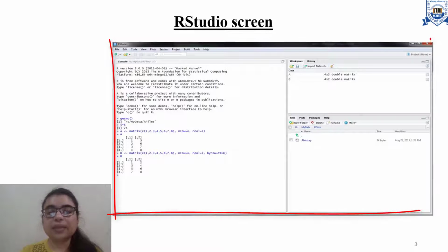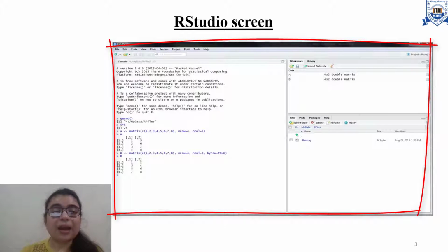So here you can see the RStudio screen. RStudio is similar to the standard GUI, but it is considerably more user-friendly. It has more drop-down menus, windows with multiple tabs, and many customization options.